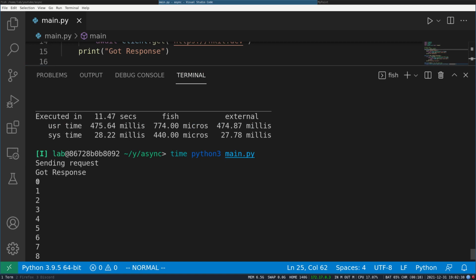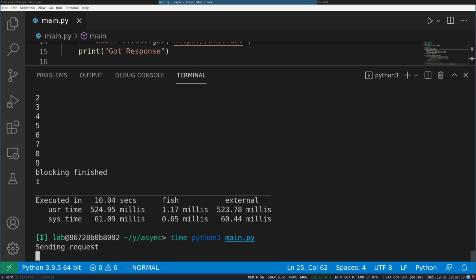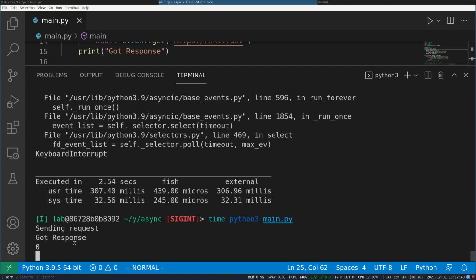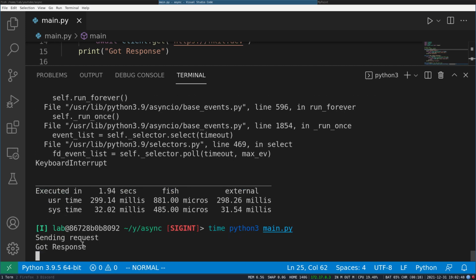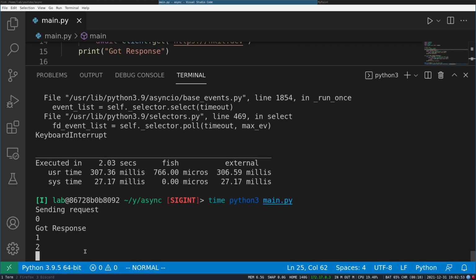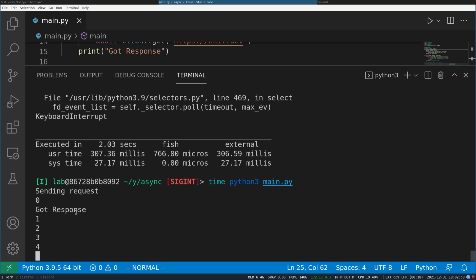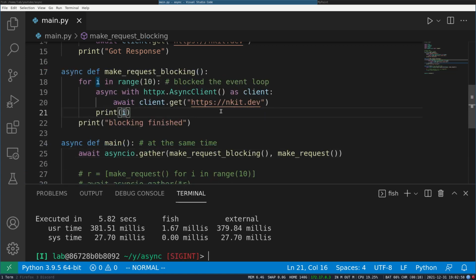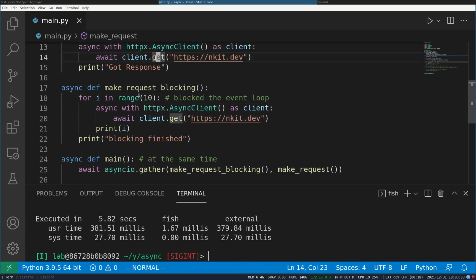Sometimes you might get the response for 0 first. Let's see. No, still not. Okay, still not. There's something weird. Yes, this time we got it. This shows that both were running concurrently, not actually in parallel. Both of these functions made the request and both were waiting for the response, so either can get the response first based on the network conditions.